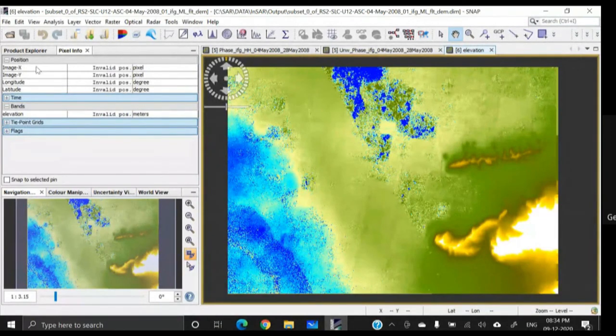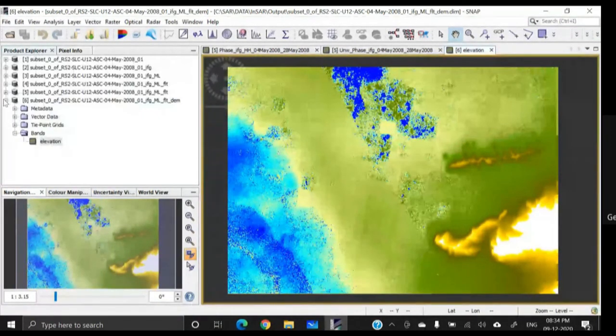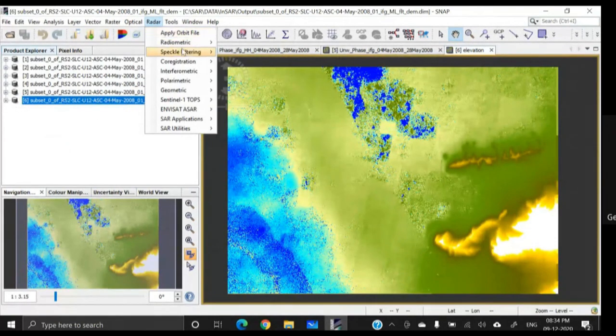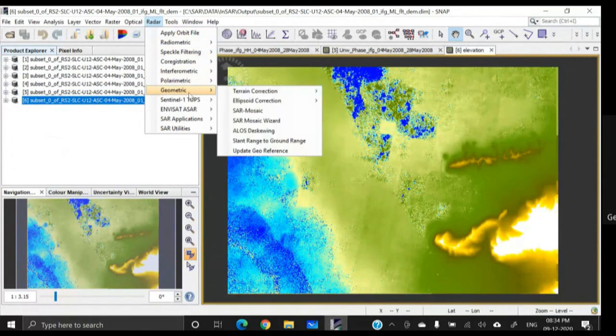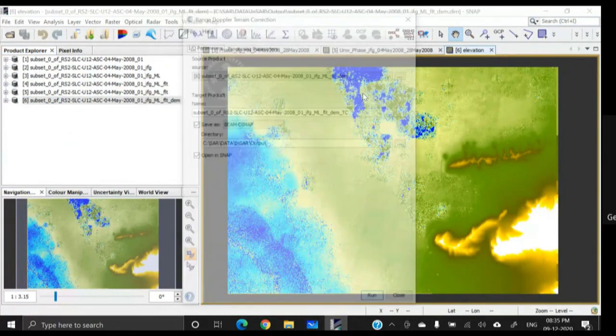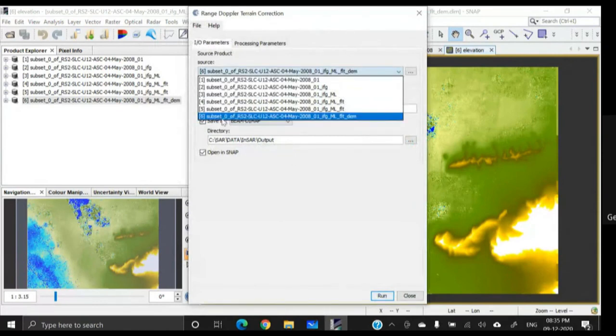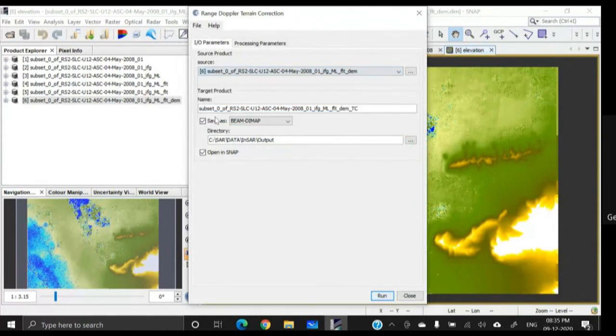As you already know, this can be performed from Radar, then Geometric, Terrain Correction, and Range Doppler Terrain Correction. And here, what will be the input? The last product, the DEM one. Then this is the output file name and output folder name.